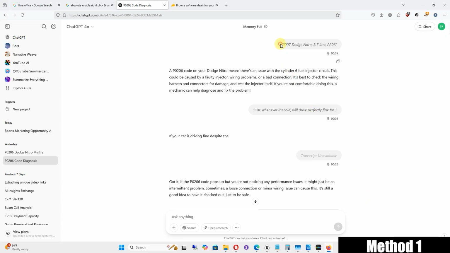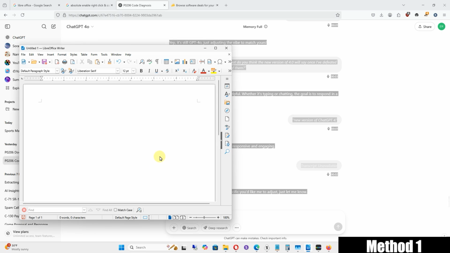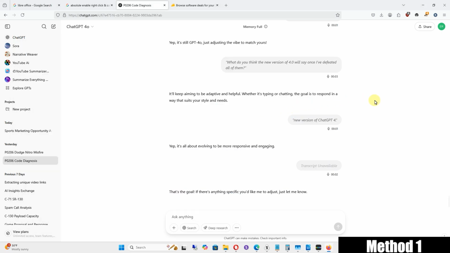If you've ever used ChatGPT and wanted to copy and paste an entire conversation into a word processor and only the first line shows up, I'm going to show you how to fix that. So let's delete what we've got in our word processor, and the first thing we need to do is install